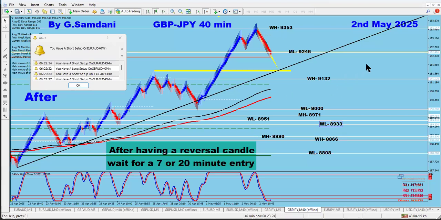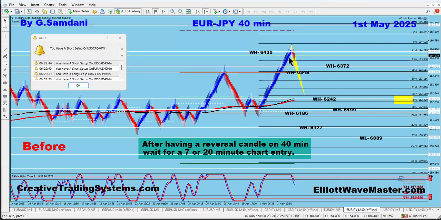But like I said, again, I'm repeating, the best way to take advantage of this is to use the robot. After you have the turning point, for example, Euro yen is getting ready now, right? So soon, maybe in a few more candles, you will have a short setup on 7, and then somewhere here probably, if it goes down below 63.48, you will have another entry like a 20-minute. So if yen keeps getting strong, this thing may go down all the way.